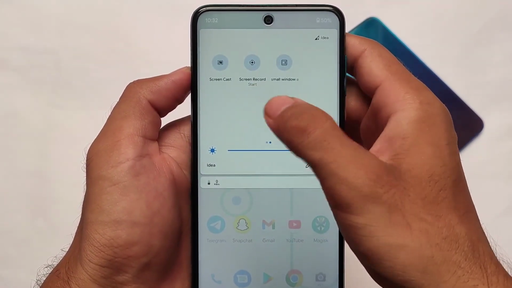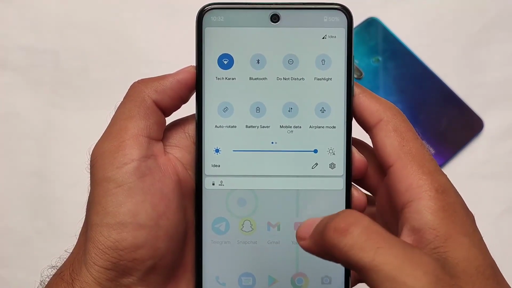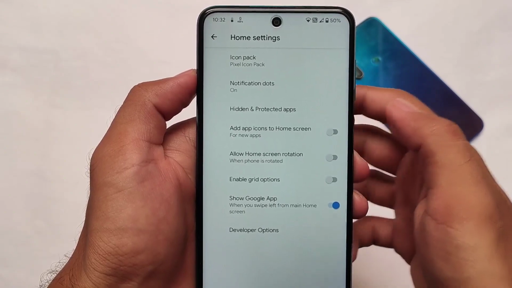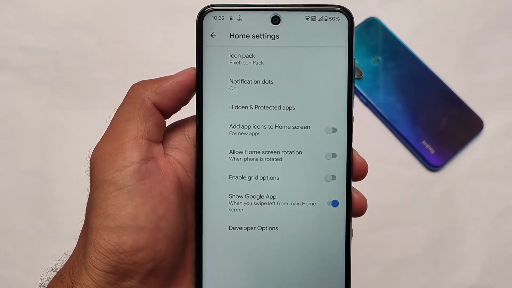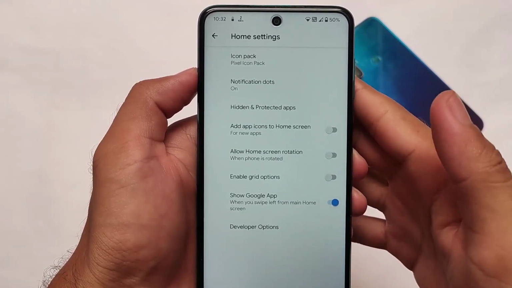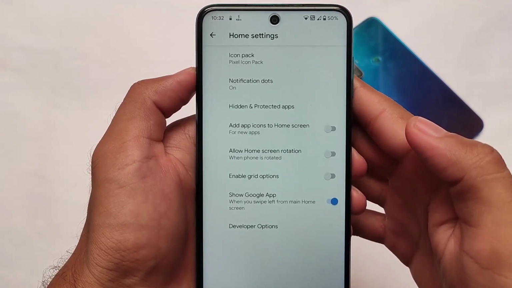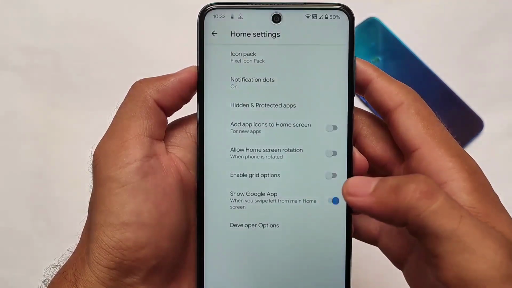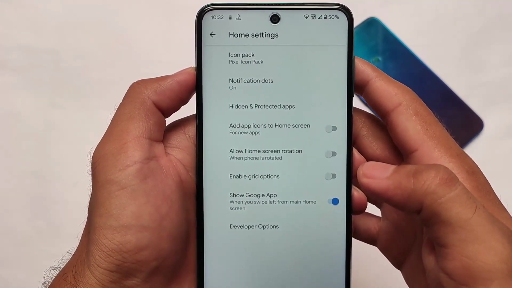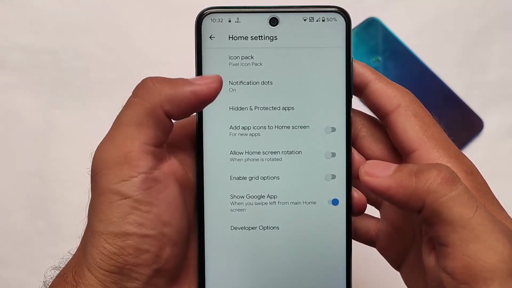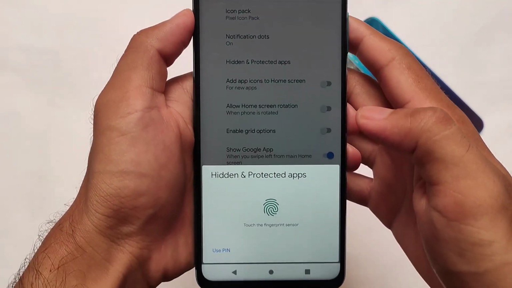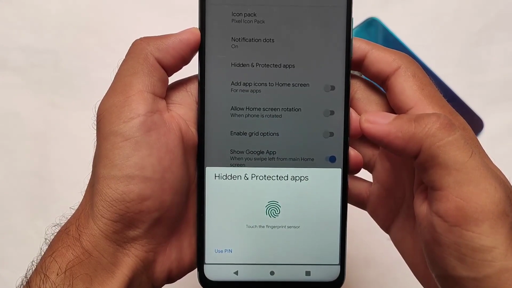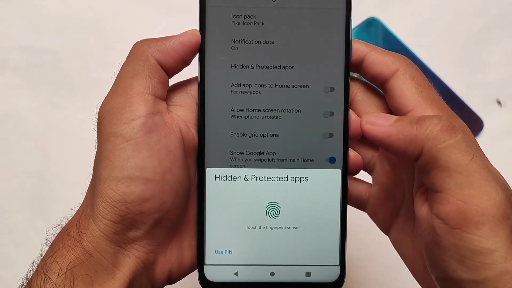In the terms of theming or quick settings panel, we have almost the same kind of things. It comes with the Android 12 theming, which I will talk about later on, and the default launcher is not the Pixel launcher. It has icon pack support for you, it has the app locker support for you, which is something really interesting. Hidden and protected apps, you can customize icon packs. I have applied a third-party icon pack and I tried that, it was working perfectly fine. I'm using the Pixel icon pack right now, which has no issues at all. So yes, things are pretty much interesting. You can definitely give it a try on your device if you want to.